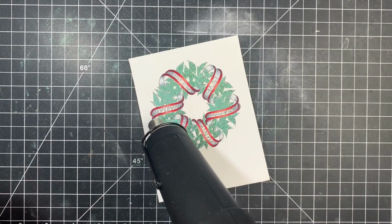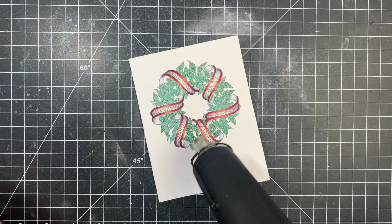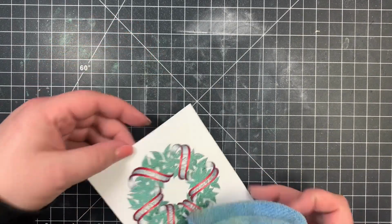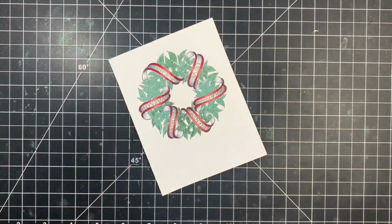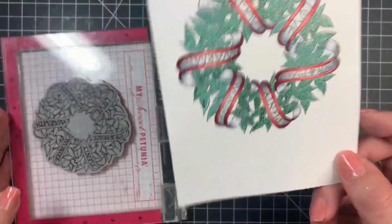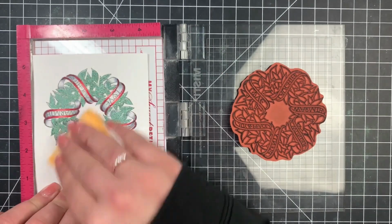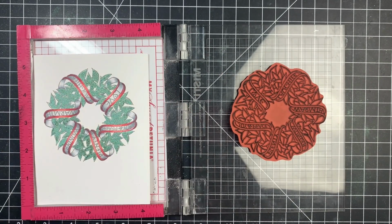Right now, it kind of looks like a hot mess. It kind of looks a little bit blotchy here and there, other than the red, which is pretty much the only thing that stands out at this point. But now we are going to restamp it. You can see that I left my stamp in my MISTI. I'm going to line that back up in the corner one more time, treat that with my anti-static tool, and